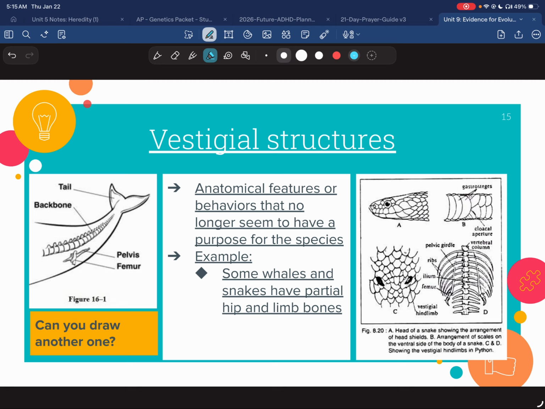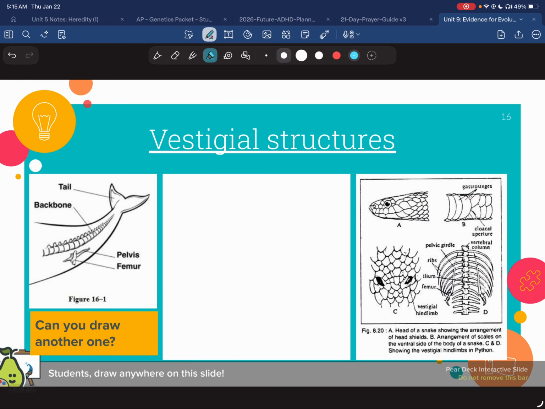So our appendix has been thought for a long time to be vestigial. Sometimes we wonder if there might be a function, but as of right now, it doesn't have a known function. You can actually get your appendix removed. There may be some immune function, but I'm not up on the current research. It's been thought for a long time to be what's called a vestigial structure because you can have it removed if it gets inflamed, and it's not really seen as necessary for life.